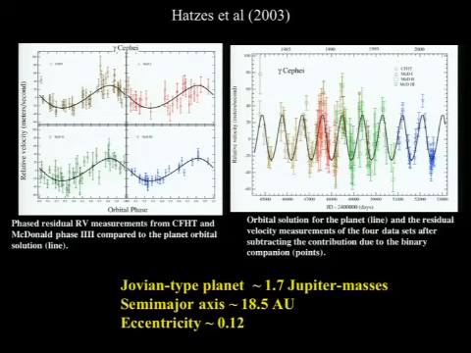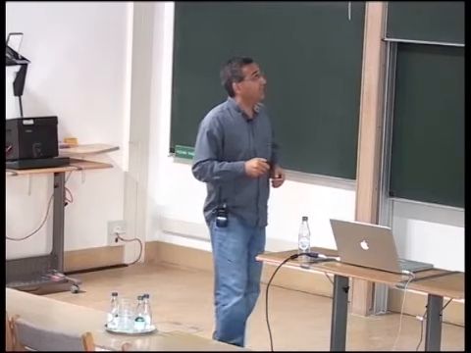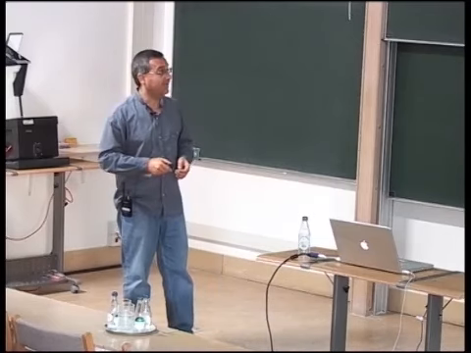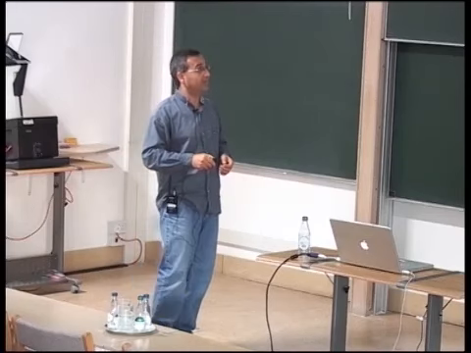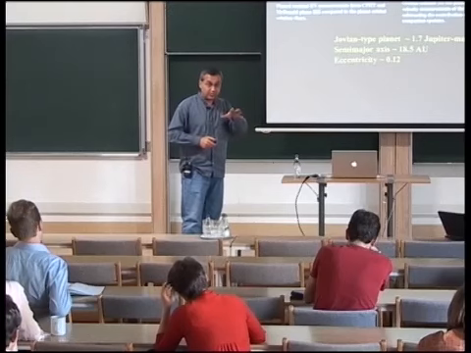It took another 10, 11 years to observe that star, and finally Hatzes et al. in 2003 published a paper. They put together radial velocity searches from 4 different telescopes, starting from pre-1985 all the way to 2002, and they finally came up with the conclusion: no, the planet is real, and there is actually a planet with a mass of 1.7 Jupiter masses at around 2 AU with eccentricity of 0.12 around the primary star.